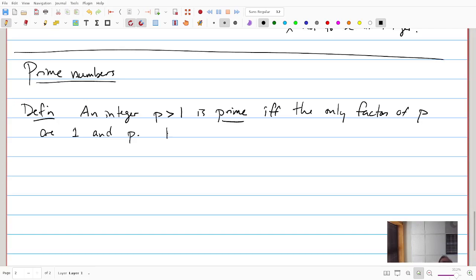A prime is something where the only divisors of it are 1 and itself. Another way I could write this is, for all d, if d divides p, then d equals 1 or d equals p. Does that make sense? If I have a number that divides p, then it has to be either 1,